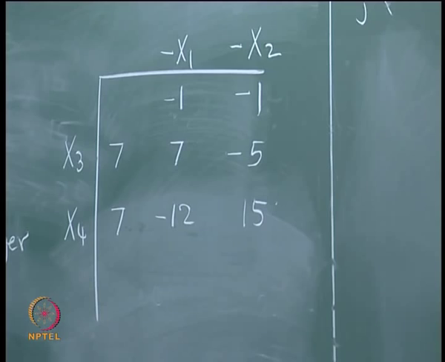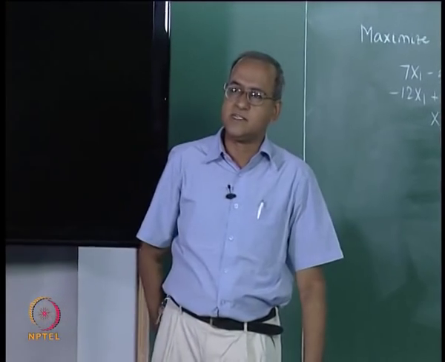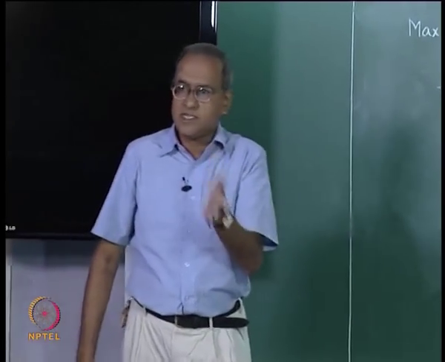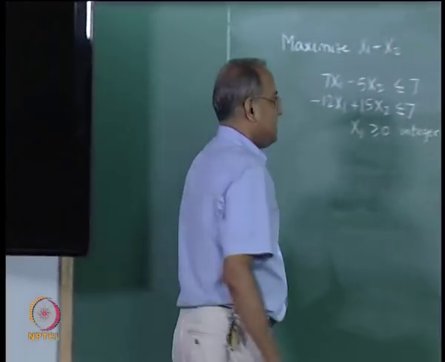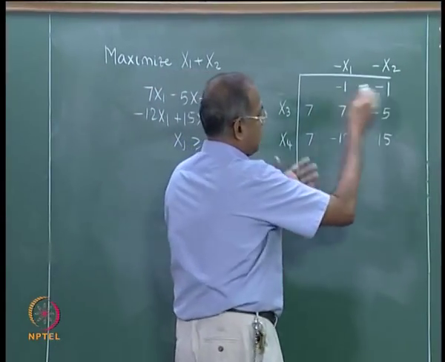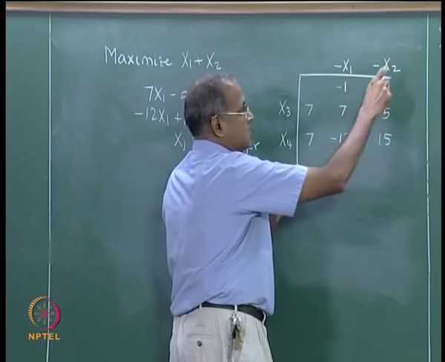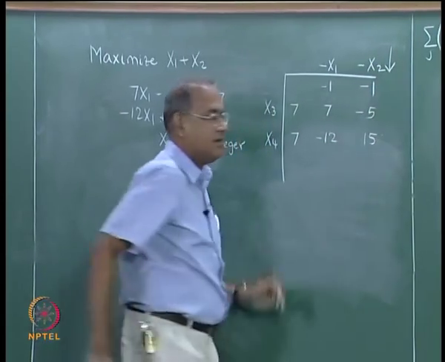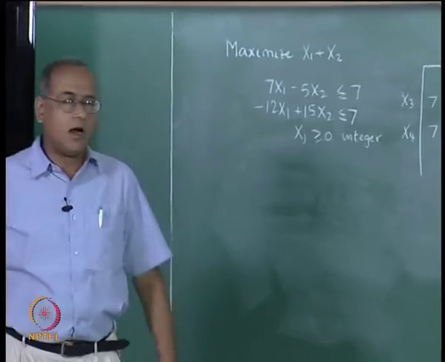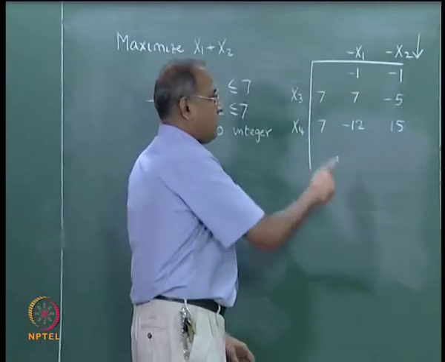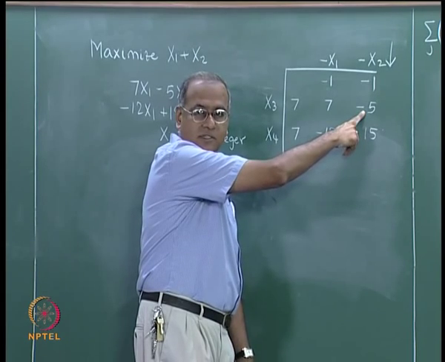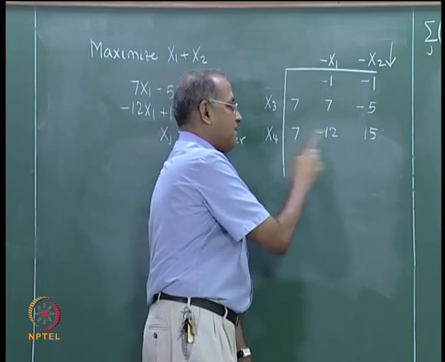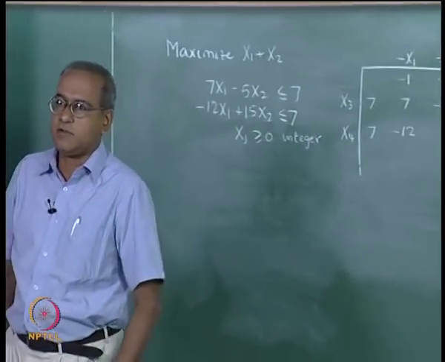This is like using Zj minus Cj for a maximization problem, so the smallest Zj minus Cj will enter. If we use Cj minus Zj for a maximization problem, the largest Cj minus Zj will enter. In this case both are equal, so we could enter either one. Just to show some illustration, let me enter x2. In a normal simplex we had only one possible row, because this is negative, so you do not use it to compute the minimum ratio. So 7 by 15 will be the minimum ratio and we would proceed.